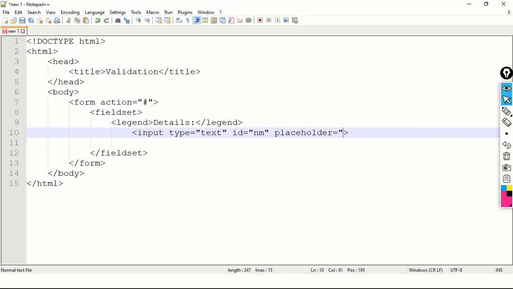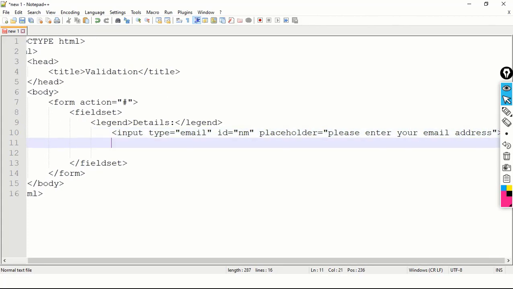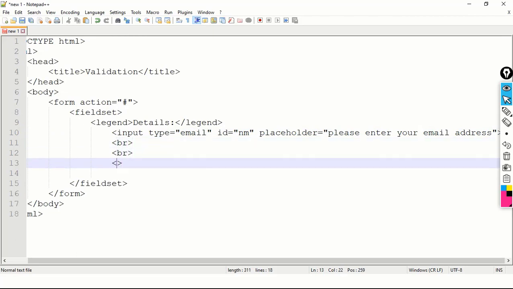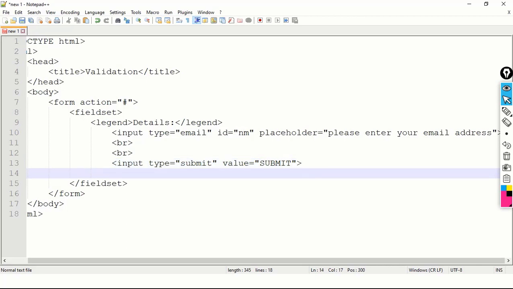is equal to, here I will make some changes, input type is equal to email, okay, and here I will type placeholder, and here I will write please enter your email address. Now we have a br tag, then we have a br tag, then we have input type is equal to submit, and then we have value is equal to submit. Okay, and